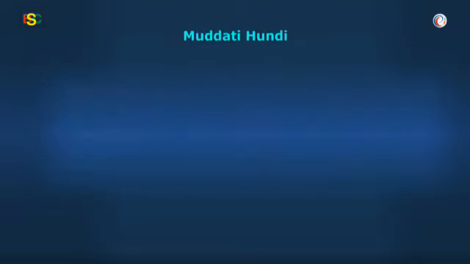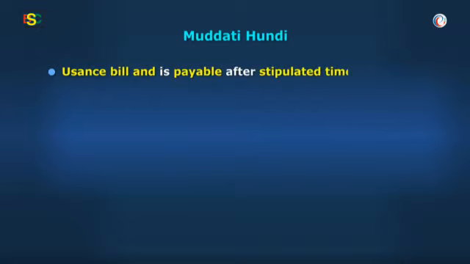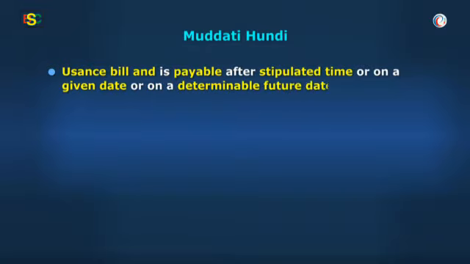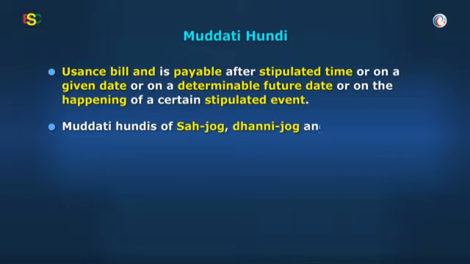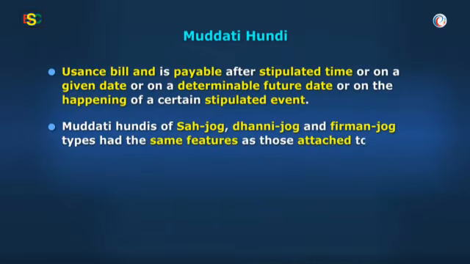Muddati Hundi. This is a usance bill and is payable after stipulated time or on a given date or on a determinable future date or on the happening of a certain stipulated event. Muddati Hundis of Sahaj Jog, Dhani Jog, Farman Jog types had the same features as those attached to the same